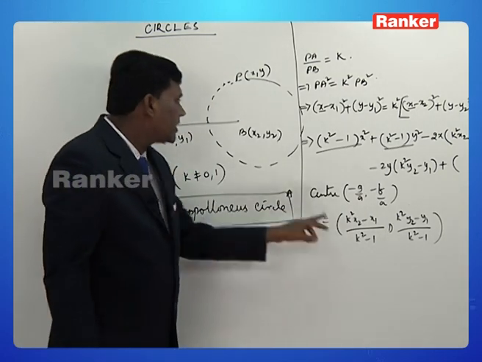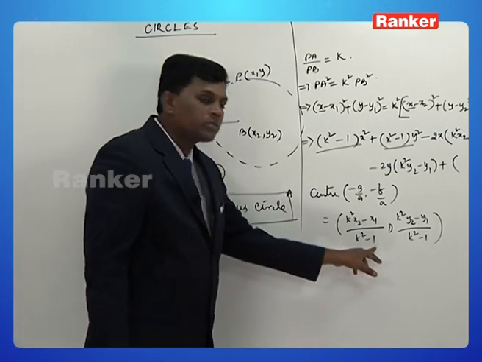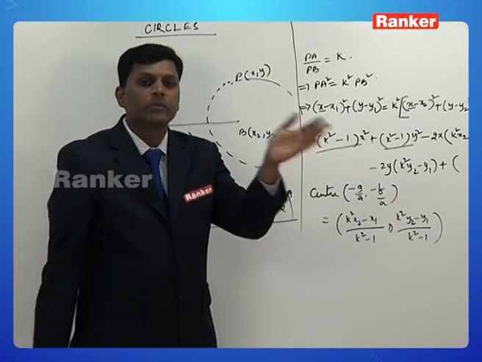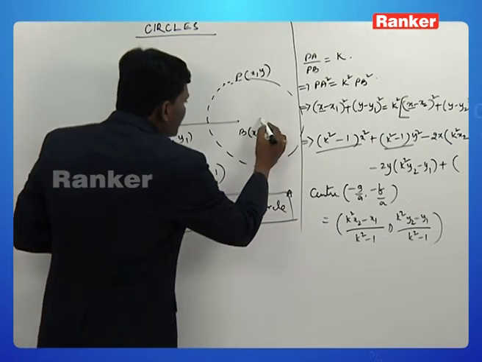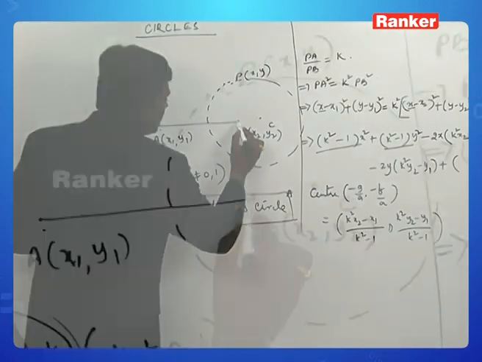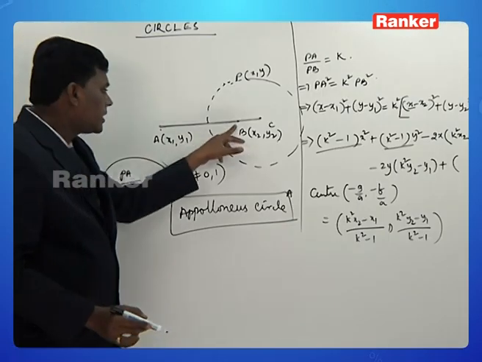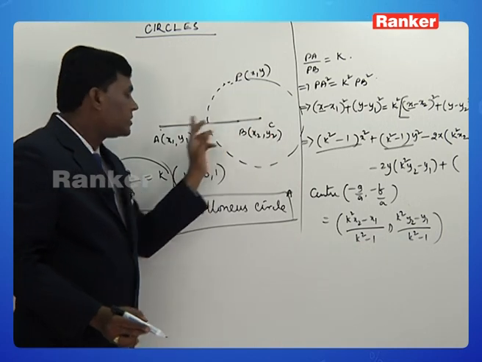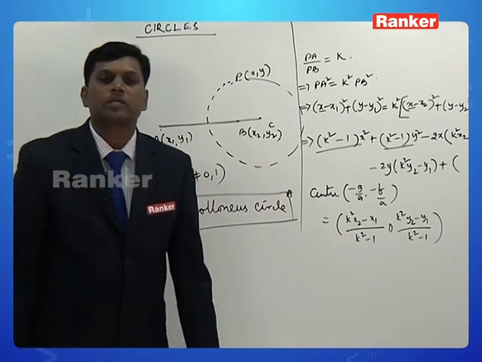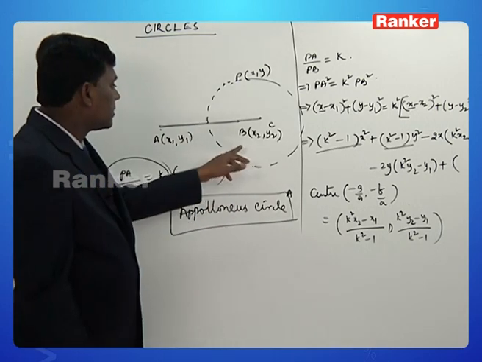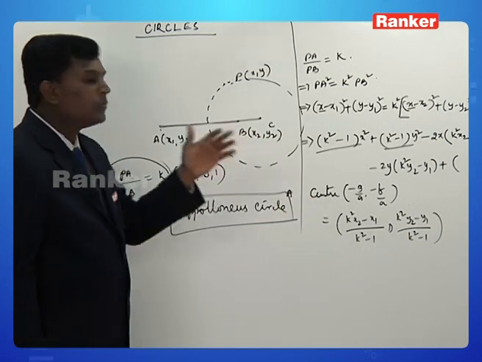This point is dividing x1, y1 and x2, y2 in the ratio k square is to 1 externally, according to the formula mx2 minus nx1 by m minus n. So we find the center of this circle somewhere here, which is collinear with the points A and B. And not only collinear, this C is dividing these 2 points in the ratio k square is to 1 externally. So the center of this Apollonius circle divides these two in that ratio k square is to 1 externally,